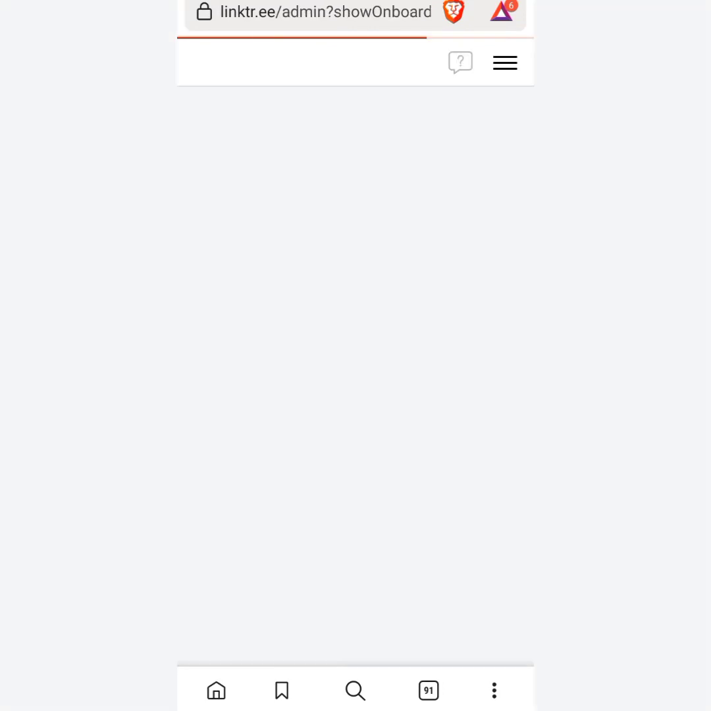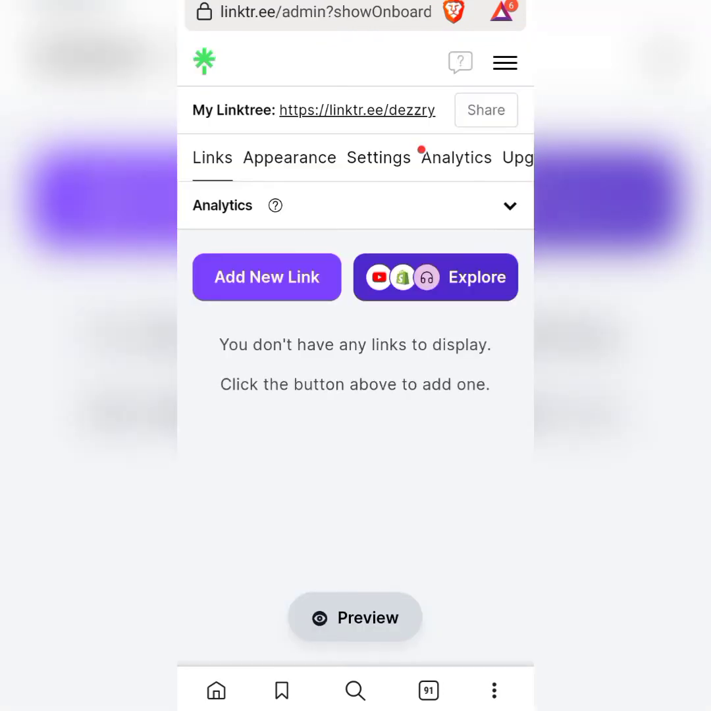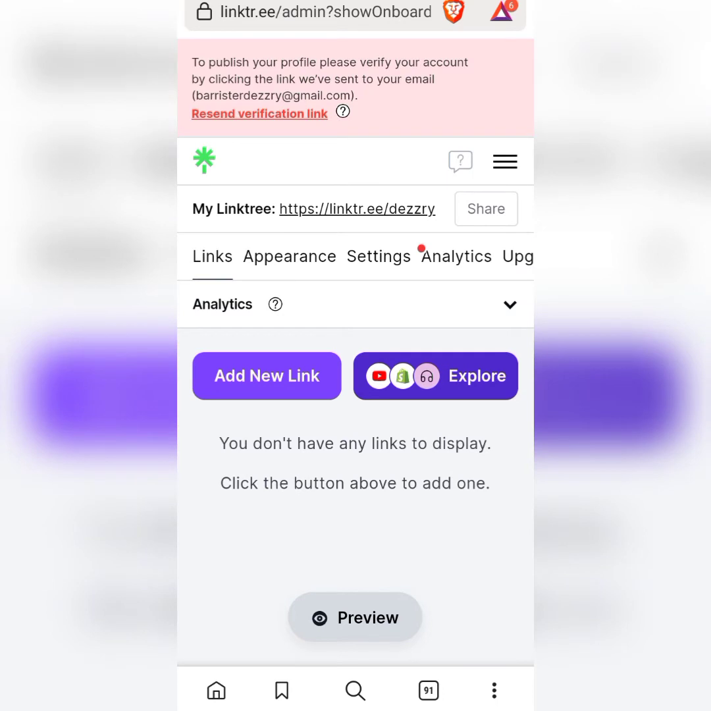All right, so this is how the Linktree looks like. So the next thing you have to do now is to start adding links. Now if you check this particular place, you wrote my link tree, and so our link tree now is https://linktr.ee/Desiree. All right, so with this particular link, the beauty of Linktree is that she can put